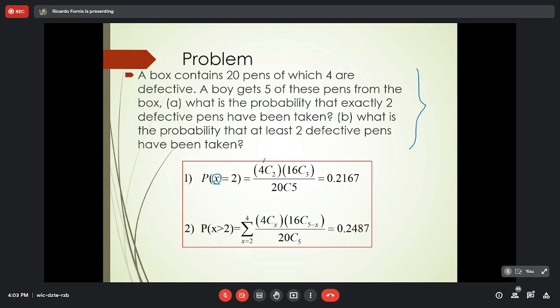Take note, there are 4 defective pens, 1, 2, 3, and 4. We consider this to be defective, and the other pens are good. So these are the good pens, and there are 16 of them. Since we are getting 5 and we are only interested in 2 defective, so it might be that